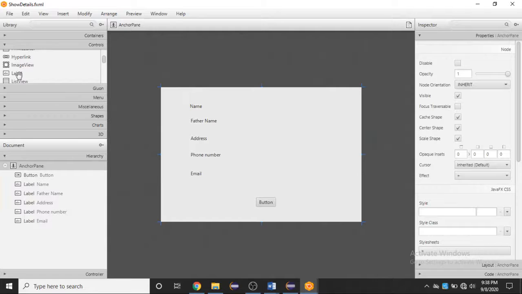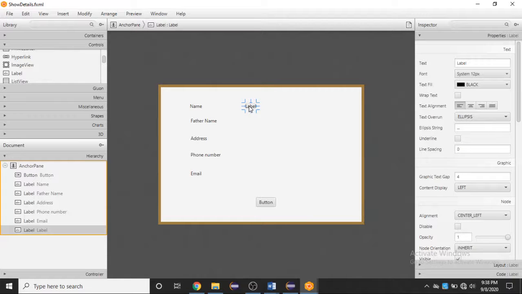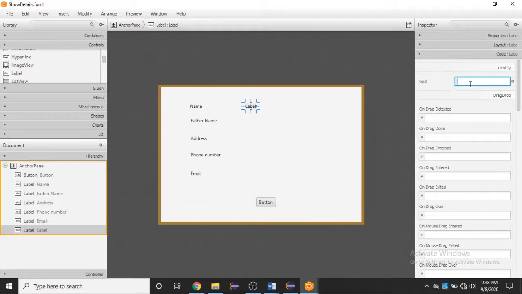So now again we have to add 5 labels in the add custom.fxml page. We have added 5 text fields. Now here we will add 5 labels and then set their IDs.